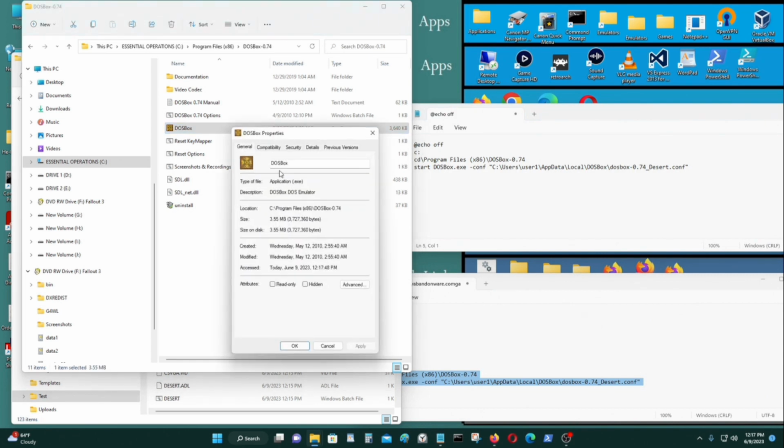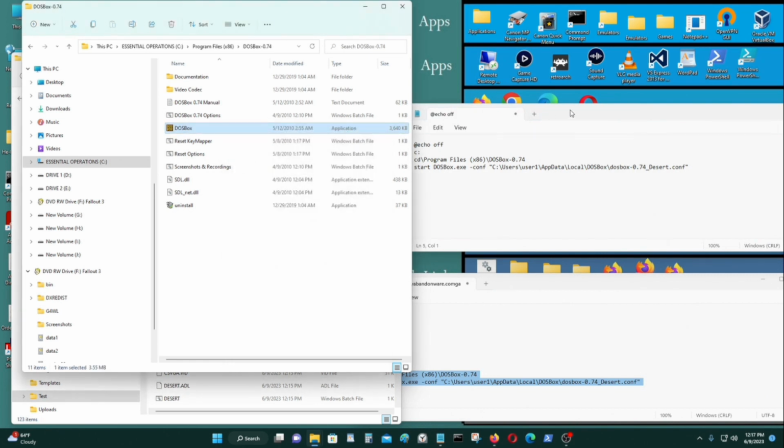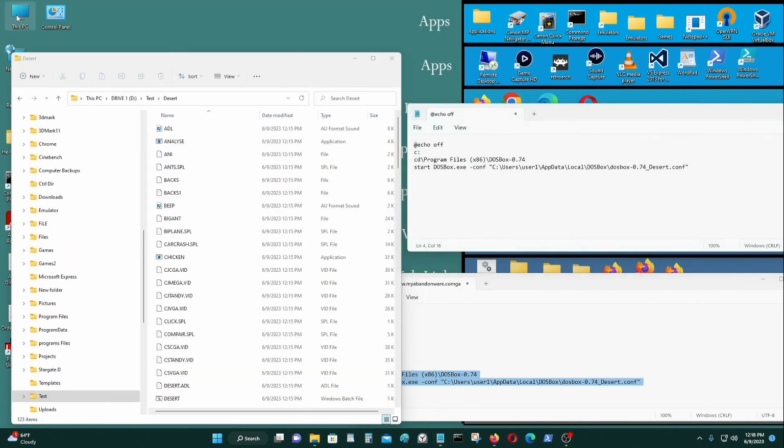This is a file that I want to run. It's an executable file. Start. So CD here. I go to this directory. And I start this file. And I start it with a configuration of